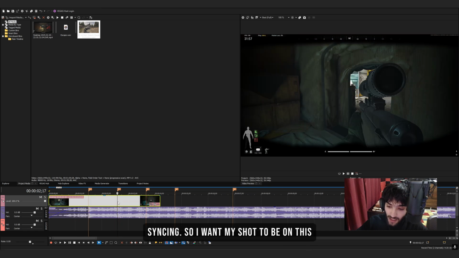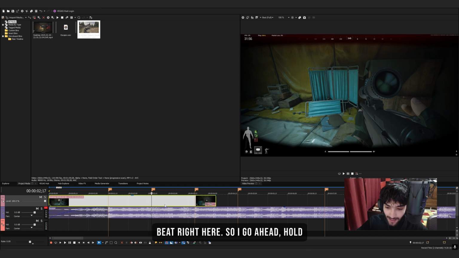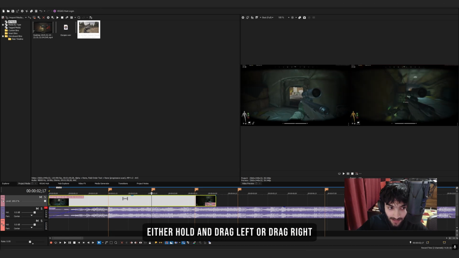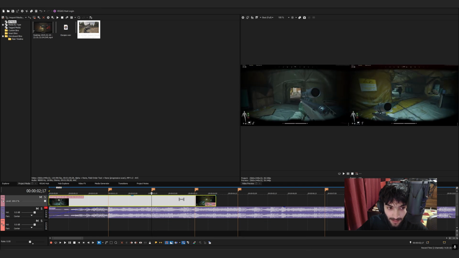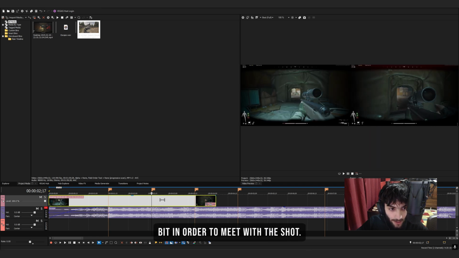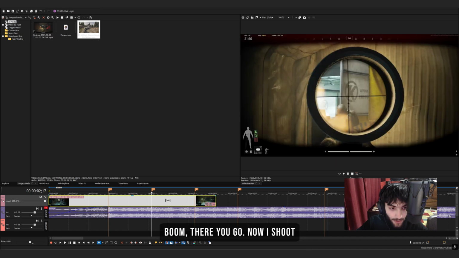So I want my shot to be on this beat right here. So I go ahead, hold Alt on my keyboard. As you can see, the cursor changes, and then while hovering over the video event, we can either hold and drag left or drag right in order to move throughout your clip. Now I want it to be on my shot, so I will just drag to the right a bit in order to meet with the shot. Boom, there you go. Now I shoot. So if we take a look at it,